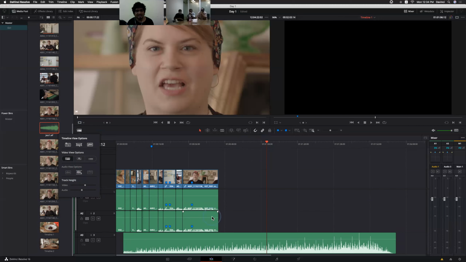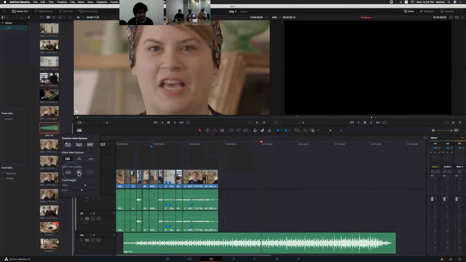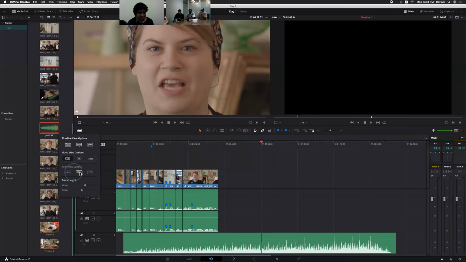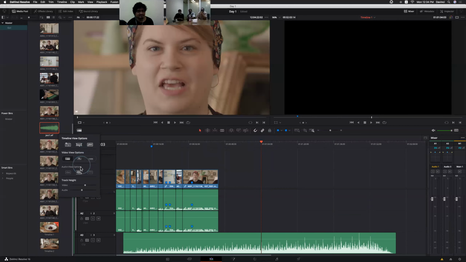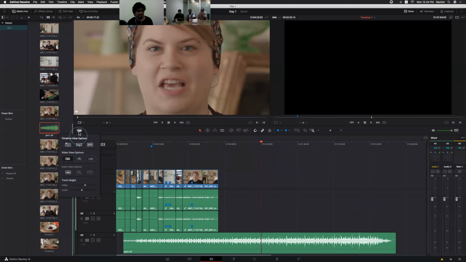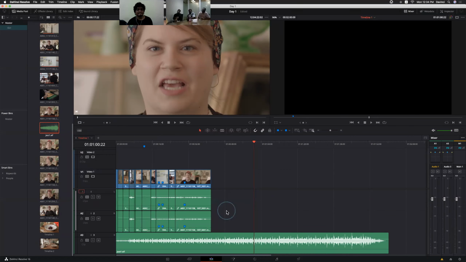For those who are habituated to Final Cut Pro 10, this is the audio waveform for Final Cut Pro 10 users, right? We can change the shape of the audio waveform also, like the visibility of the audio waveform. And if you are unable to see the waveform, that means everything is disabled. You need to click this option. Right? Other than that,